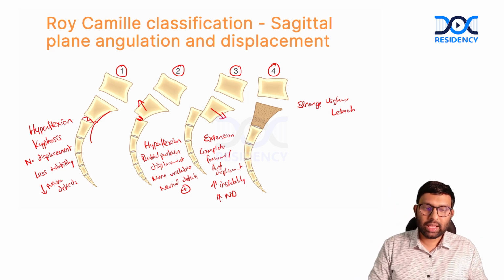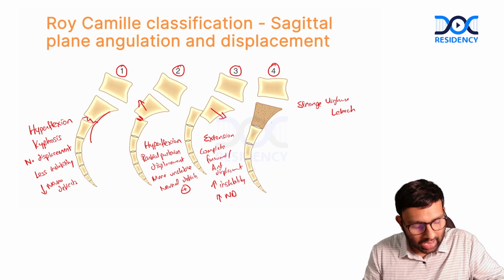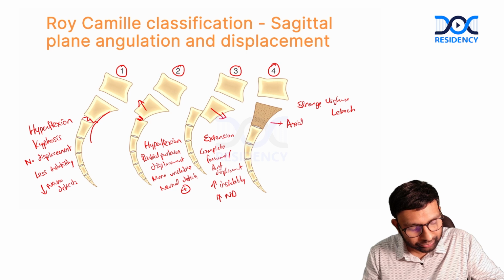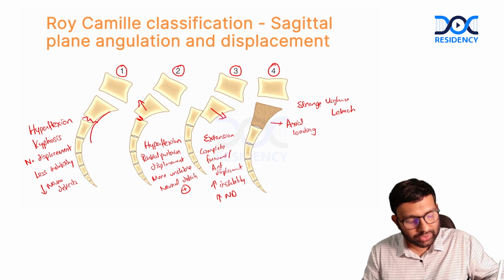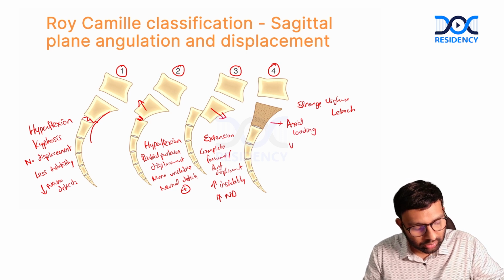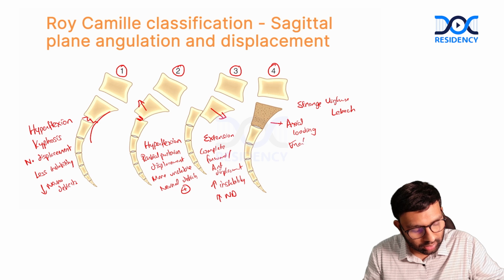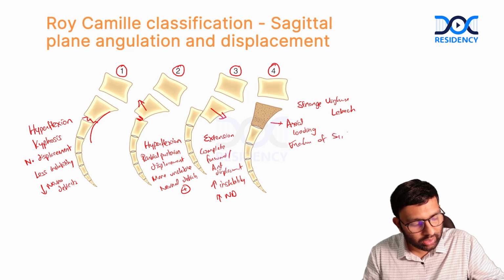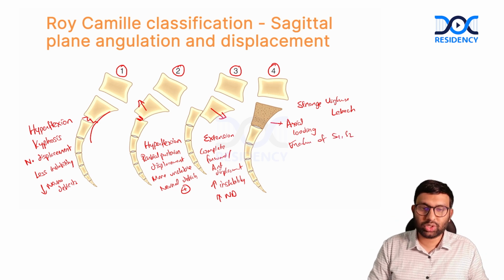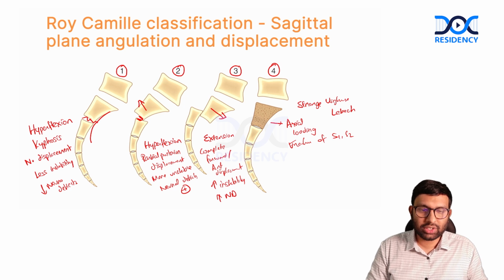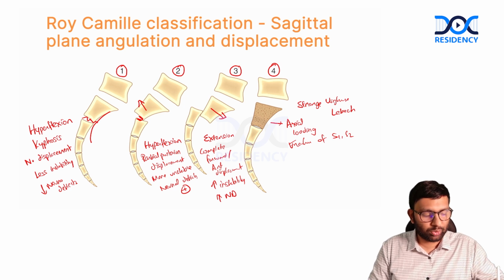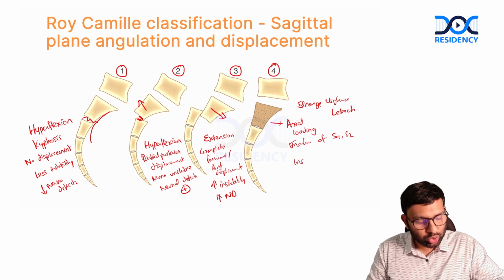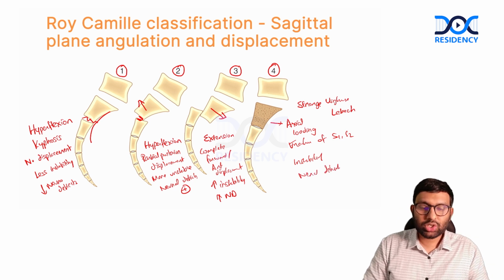Here what happens is there is no displacement, there is no kyphosis, but there is axial loading, which causes a fracture of S1 and S2. There is fracture of S1, S2 and axial loading, but no displacement, no kyphosis, and these patients also develop some instability and neural deficits. Okay, this is type 4 given by Strange, Watson